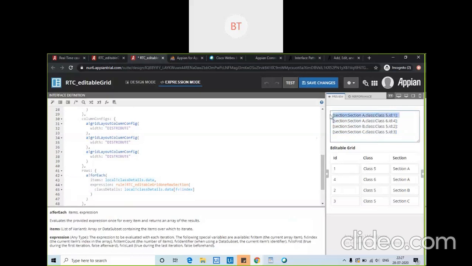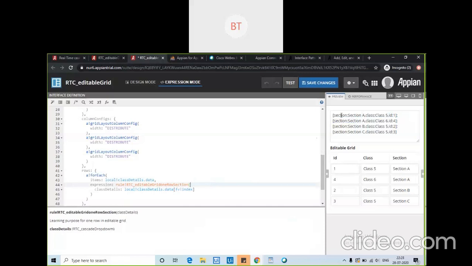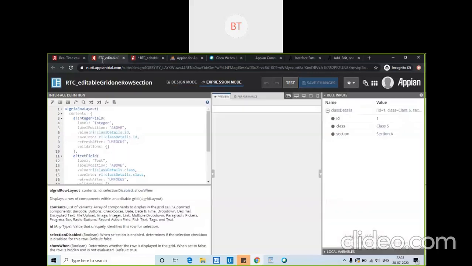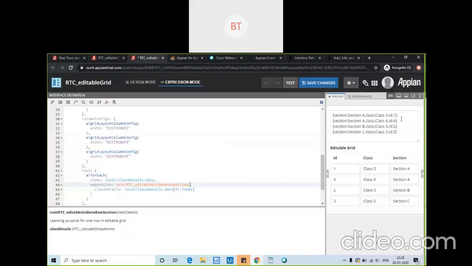Then it will work like normal. If you see here, we have dot id, dot section, and dot class. So dot id will print 1, dot class will print class 5, and dot section will print section A.